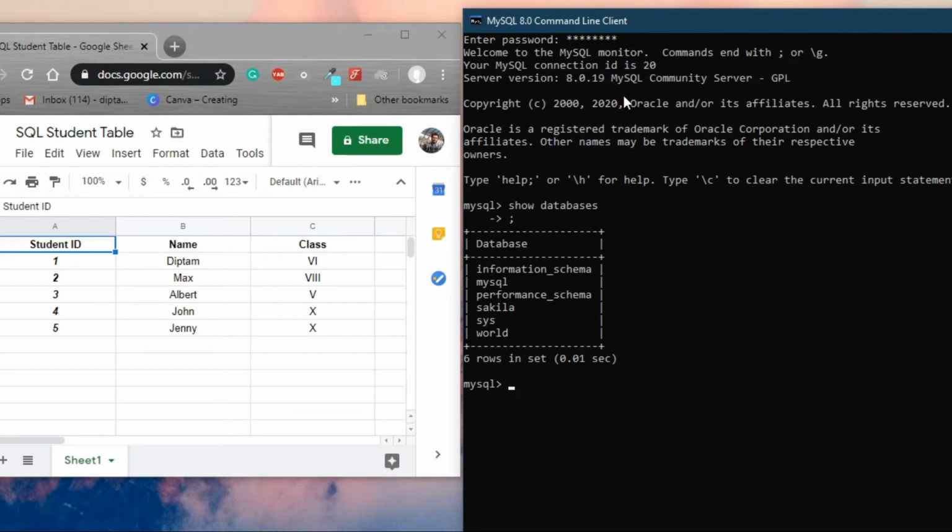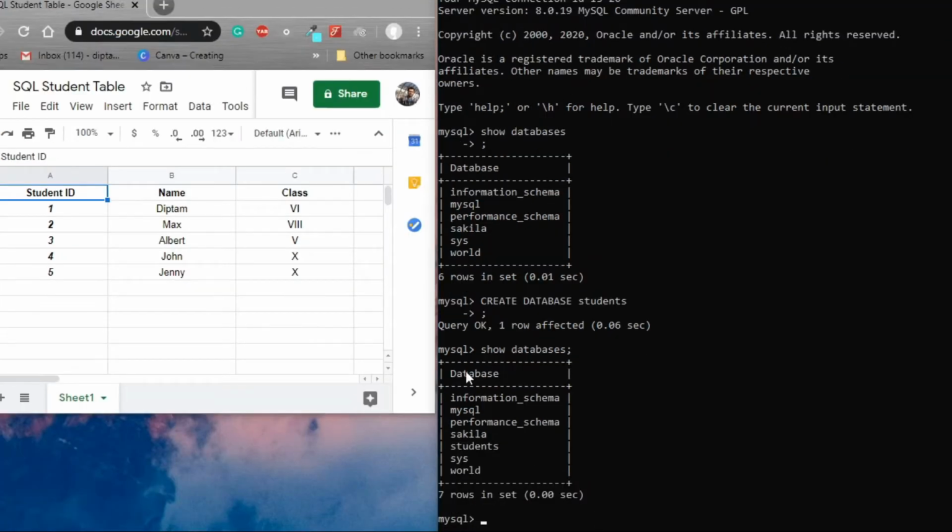So we will just write over here, CREATE DATABASE. You can see over here I am writing this in capitals. That is because these are predefined commands in SQL, and then we have to write the database name. So here we will just write students. Okay, we made a mistake, we didn't put the semicolon after this line, so we have to put the semicolon, and this will be created. You can see Query OK, one row affected. Now if you run SHOW DATABASES, and put the semicolon over here,